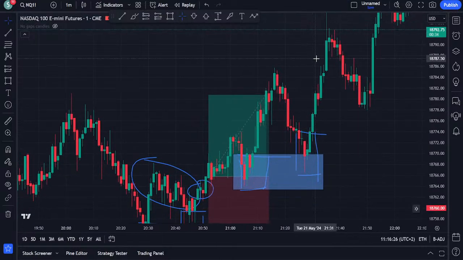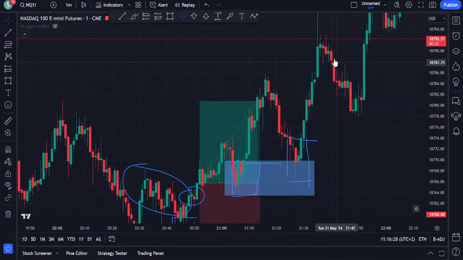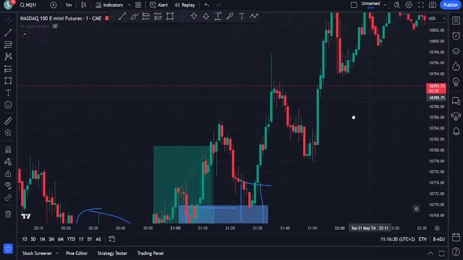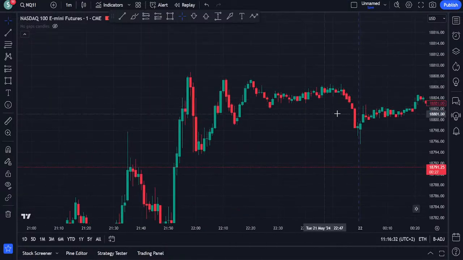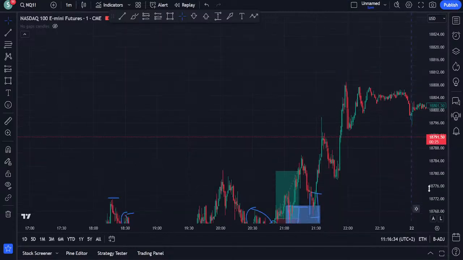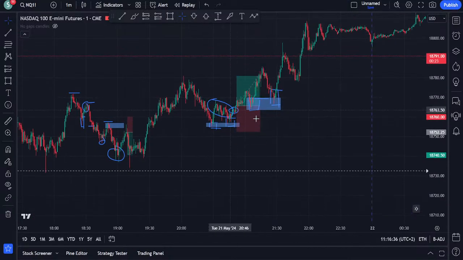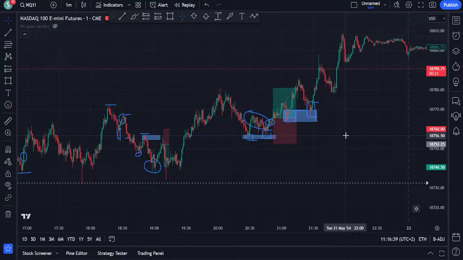And it goes back up again, and the retrace is too shallow, and we go up, and that's pretty much it. So, yeah, it's a lot of action yesterday, a lot of interesting possibilities for trades, and, you know, sometimes you lose, sometimes you win. Yeah, that's pretty much it.